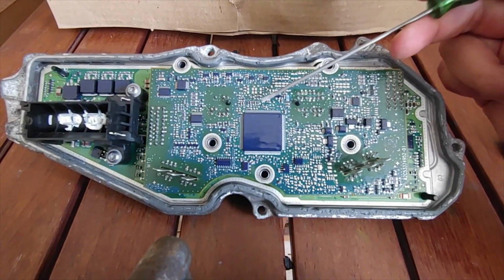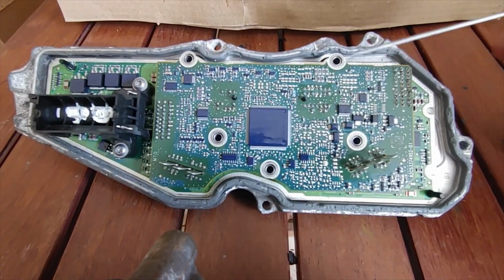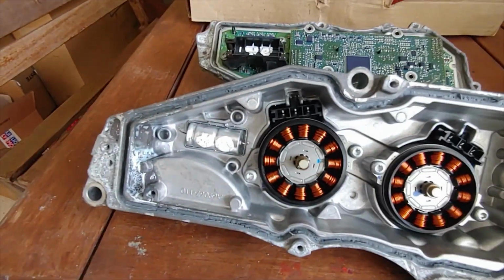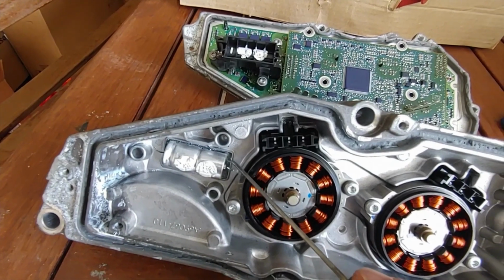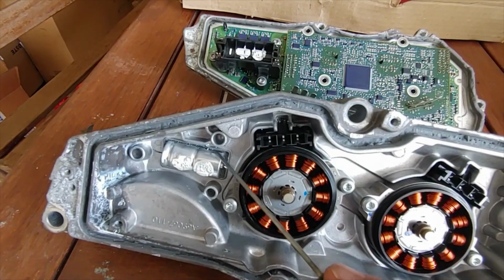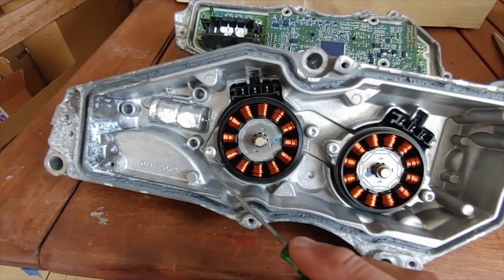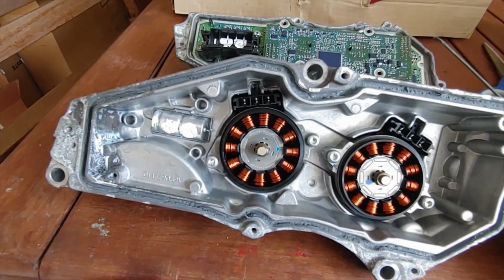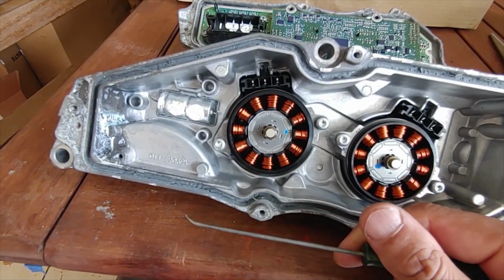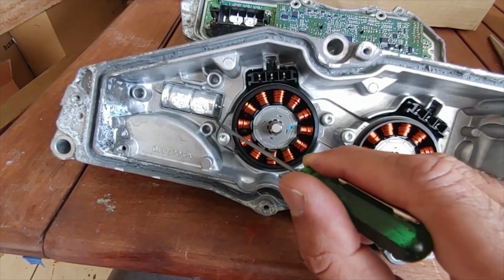Alright, so I managed to put some solder around these compression points where the connectors were going in. Now the last thing before I put it back together is to remove this capacitor which is stuck in there. Apparently they put some glue in there, and when you remove it, there is a very good chance that it will be stuck inside the other cover where these motors are attached. So I've decided to sacrifice one of my screws, and I've bent it up a bit